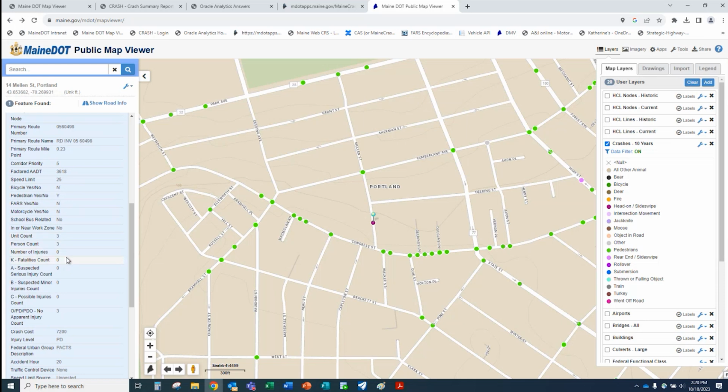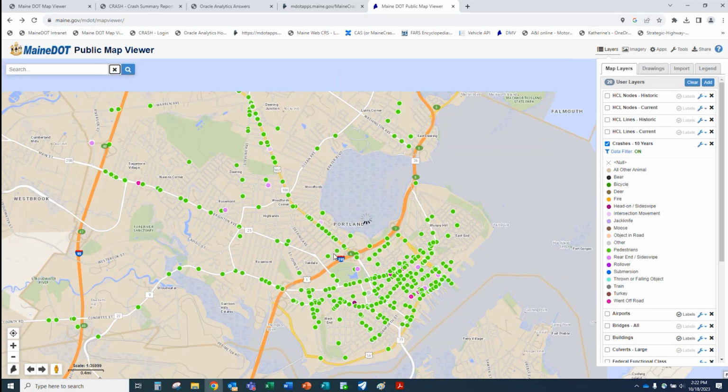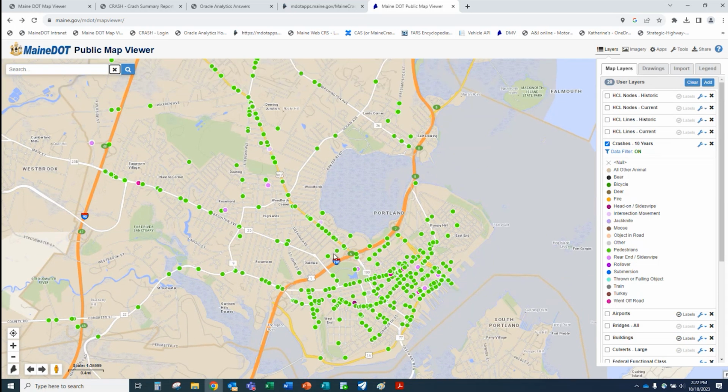So I looked this information up on my own, and what happened in this crash is cars had sideswiped in an opposite direction. One of those cars diverted into a person standing next to the vehicle, which was the pedestrian. So the pedestrian was not injured, but they were struck by the vehicle. So this was still a pedestrian crash because a pedestrian was struck, somebody standing next to their vehicle, but it's not identified as an actual pedestrian crash. All right. So that's a way to look at stuff from a pedestrian aspect.